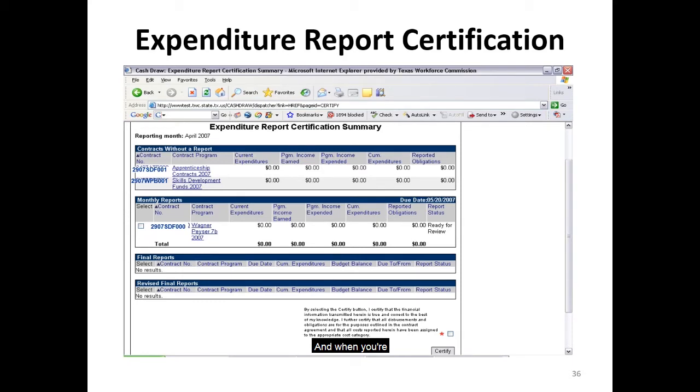And when you're processing your monthly reports, and you take them from developing a report draft to running through the edit checks, status moving to ready for review, then the individual within your entity that has the ability to certify the report will go to this page, the Expenditure Report Certification Summary. And here they can select, for example, in the monthly reports box, the contracts that are in ready for review status, and they go to the bottom and click the little box and the certify button to